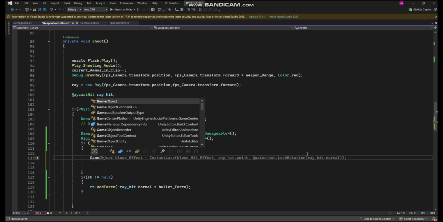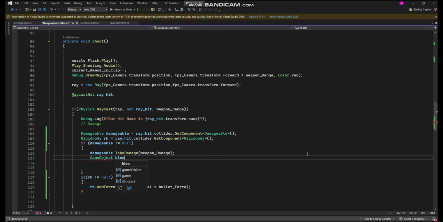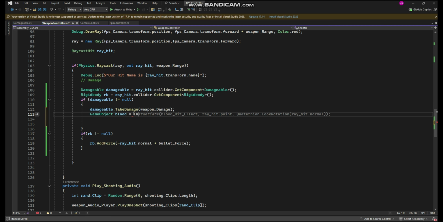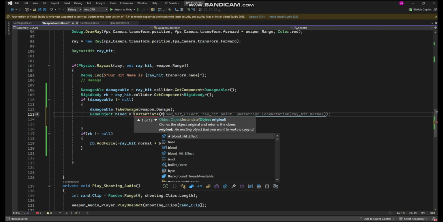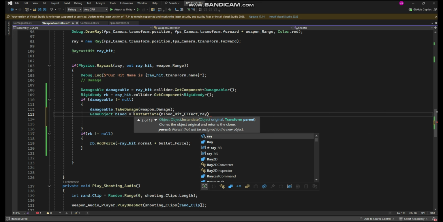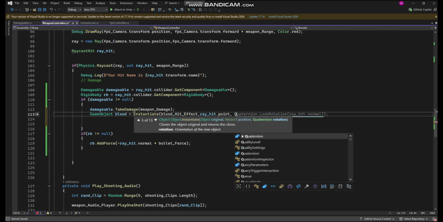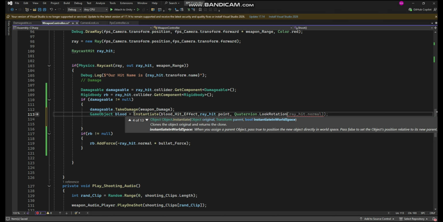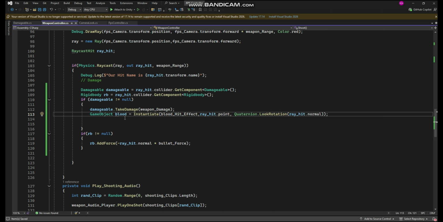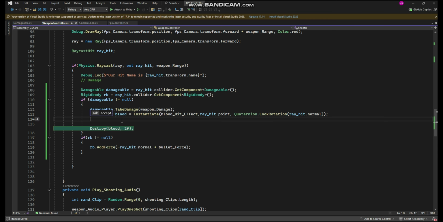Let's say GameObject blood equals Instantiate. The object to instantiate is blood hit effect, and position is rayHit.point. And for rotation, Quaternion.LookRotation rayHit.normal, and then we'll destroy that blood GameObject after 2 seconds.